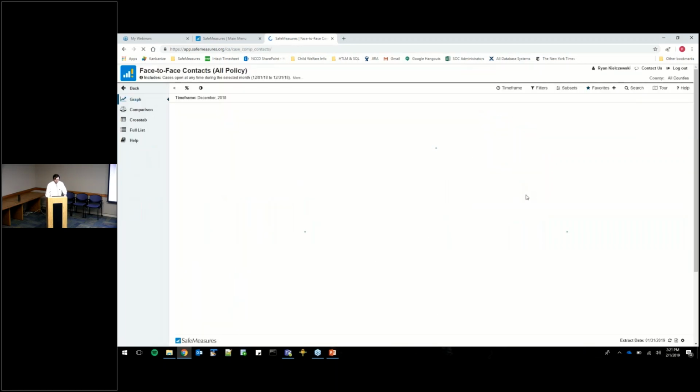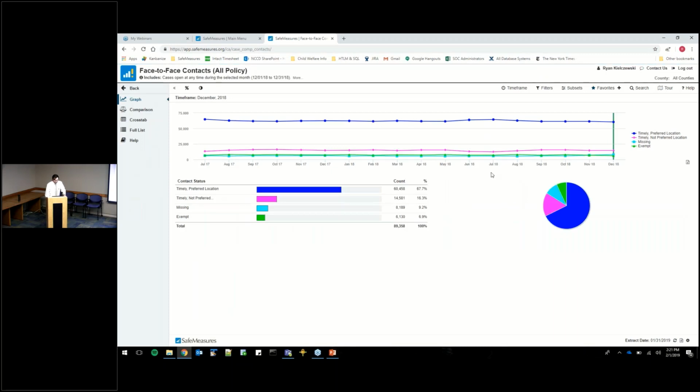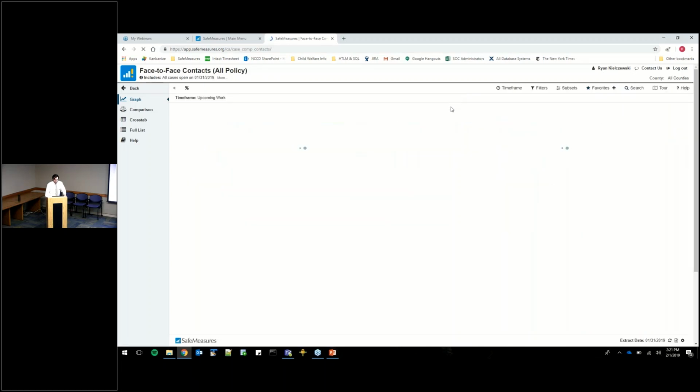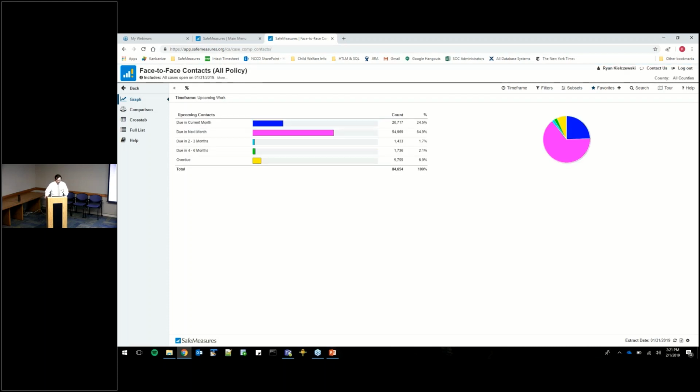A report such as this will show preferred location, or the preferred location, and whether a timely contact was made for a worker. And we will show upcoming work, and this is similar to the data that displays within that My Upcoming Work